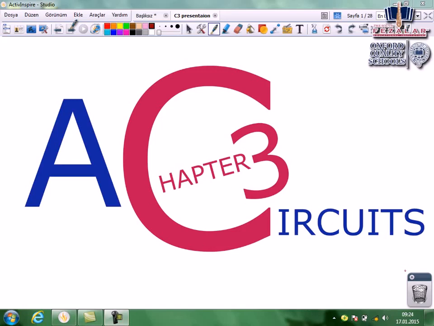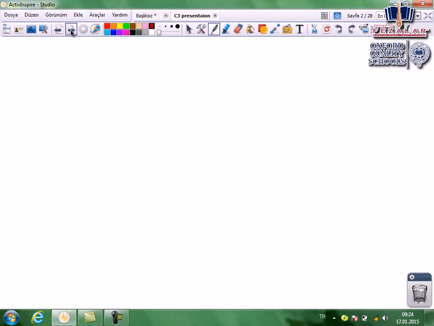In this chapter, we will mention properties of AC circuits that contain a pure resistor, a pure inductor, a pure capacitor, or a combination of them. Let's start from some information. For example, remember chapter 2. In chapter 2, we said instantaneous current in an AC circuit, meaning instantaneous value of alternating current, is calculated by